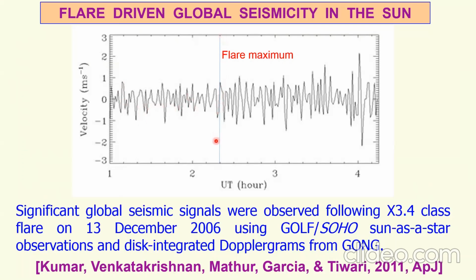This is the location showing the flare maximum. So one can see here the progress of velocity flows, velocity oscillations for the global modes. And just after the flare, one can see enhancement in the global modes of oscillations of the sun. So then we analyzed these signals